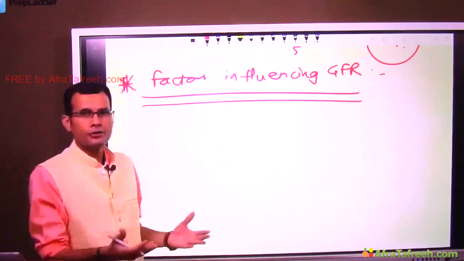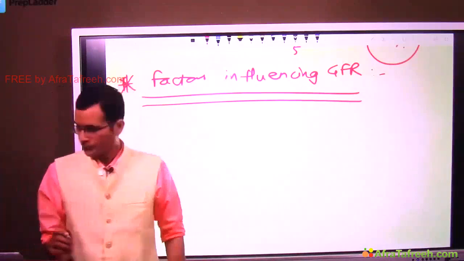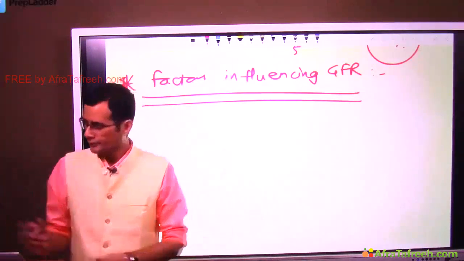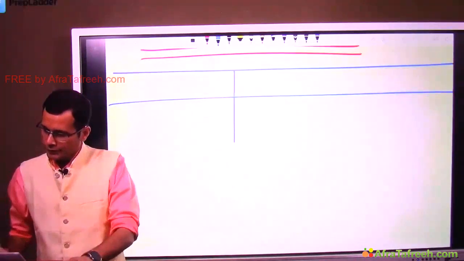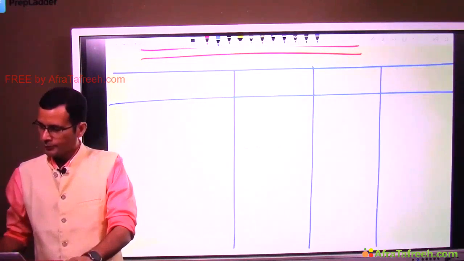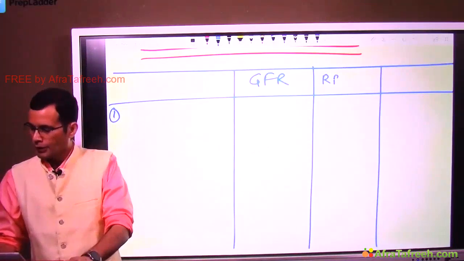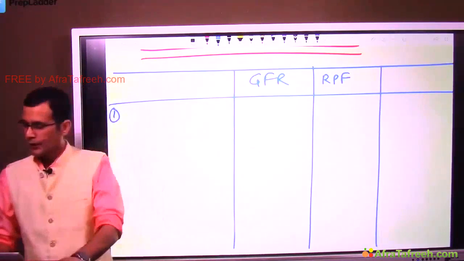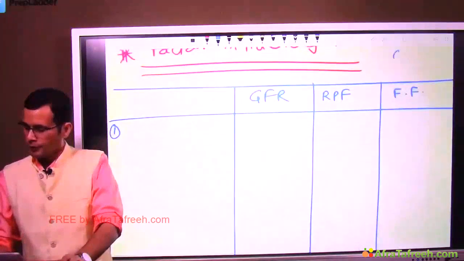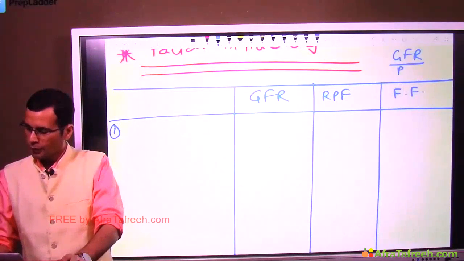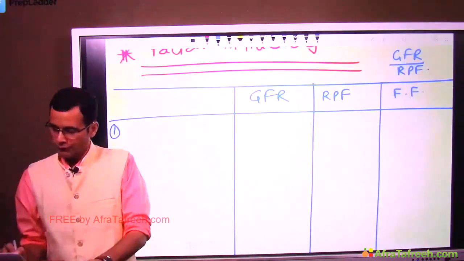How the GFR can change. So what we can do here is, we will take one factor and then we will say what happens to GFR if this happens, what will happen to the renal blood flow and renal plasma flow, and therefore what will happen to the filtration fraction. Filtration fraction, of course, is GFR upon RPF. Okay, so a first factor,